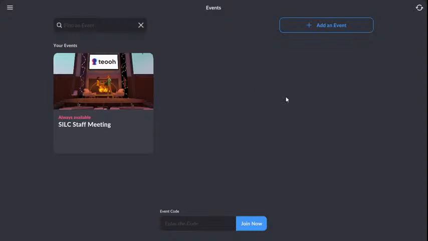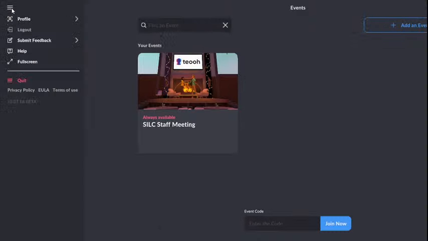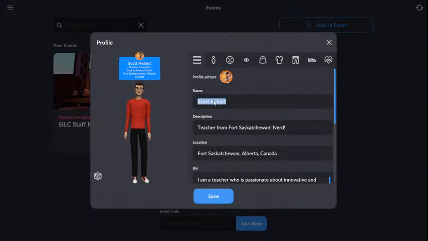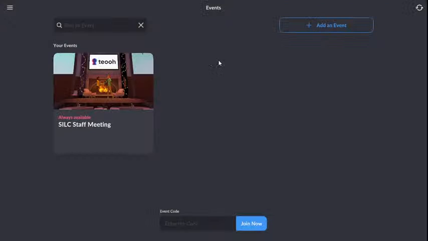Because I kind of want to show you how I build the actual venues. Not that I build anything, they're super easy to do. But anyway, you're going to have your profile, you're going to create your little person, which is fun to do. And you can customize it at any point, so if you decide to grow a beard or dye your hair, you can update it. It's pretty impressive actually, it's pretty neat.